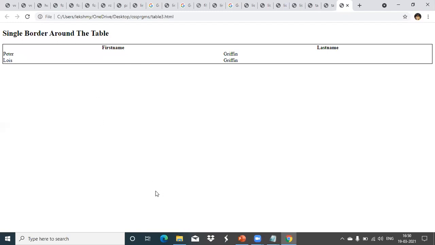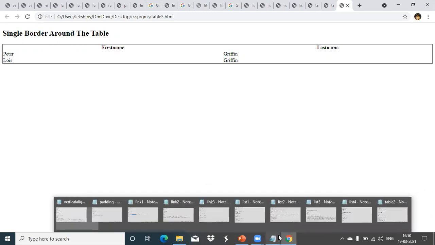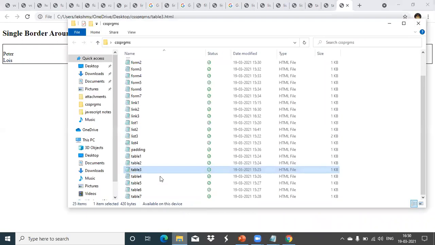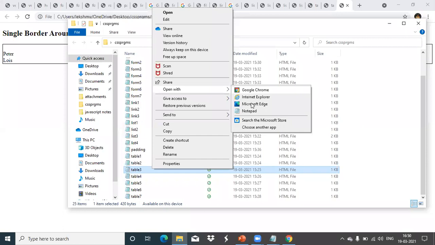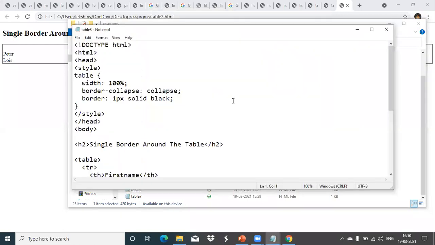See, we have not given any border inside the table, only a single border around the table. That's it. So for that, how have we done it? The width is 100%. This border-collapse property is there.